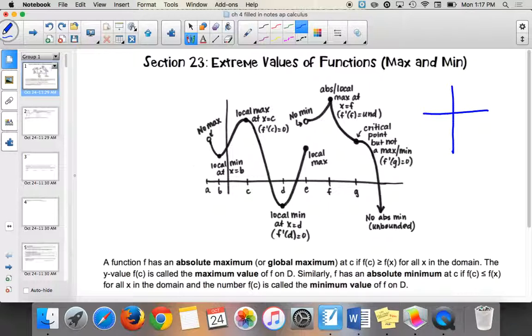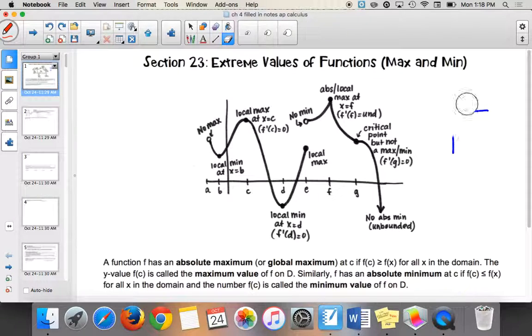And then there's things like x cubed. You guys know the parent function for x cubed, how it kind of tapers off and then goes up like that. It looks kind of like it would be a max or a min, but it's actually neither. If I only looked at just this part and I continued it this way, it would be a maximum. But if I only look at this part and I continued that way, it would be a minimum. So it's neither a max nor a min. But it is still a critical point. See how f prime at that point is equal to 0. So f prime is equal to 0, but it's neither a max or a min.